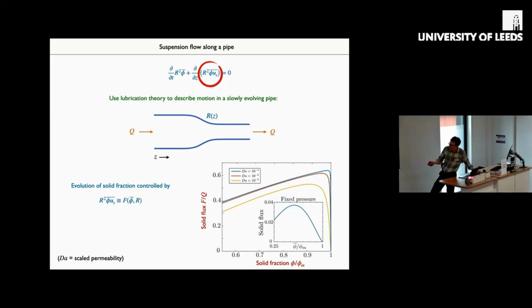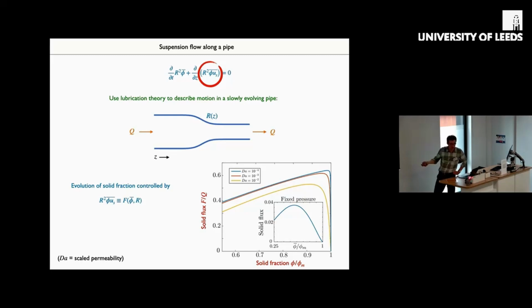What I'm showing you here is the solid flux down the pipe. This is just at this point a pipe with a fixed radius. So I'm going to come to this problem in a minute, but suppose I've just got a fixed radius. I'm plotting the relative amount of flux that is made of solid, which is F over the total Q, as a function of the solid fraction, here normalized so that 1 is this critical solid fraction. And what happens is, as you have a higher solid fraction, you get a higher solid flux, and the blue line increases, until you hit some point quite close to this maximum solid fraction, at which point the whole thing